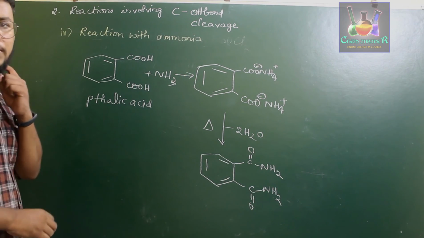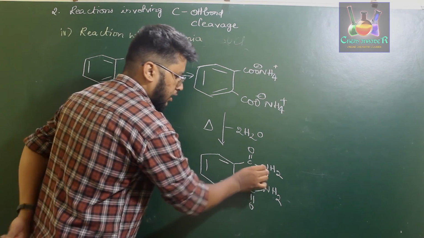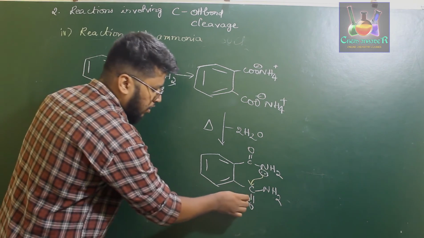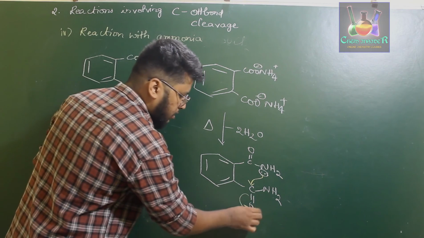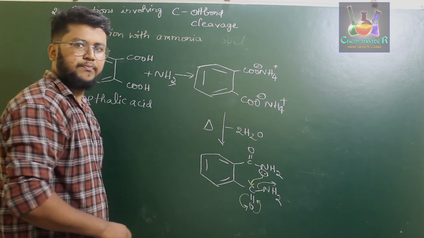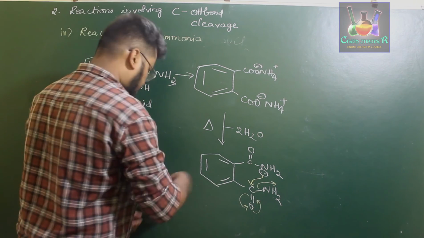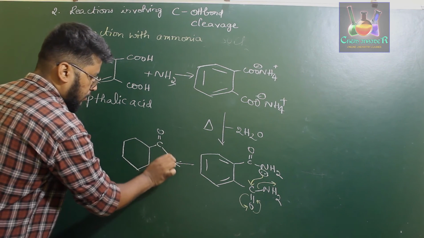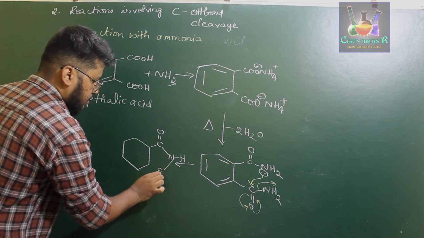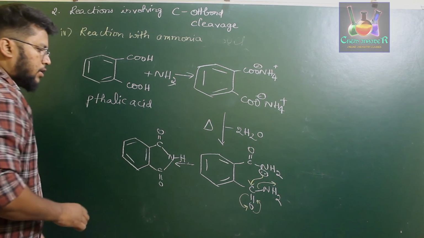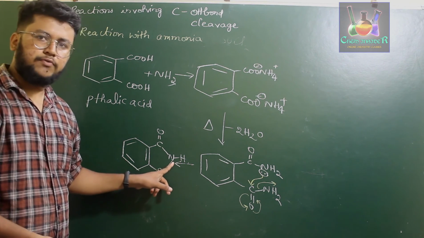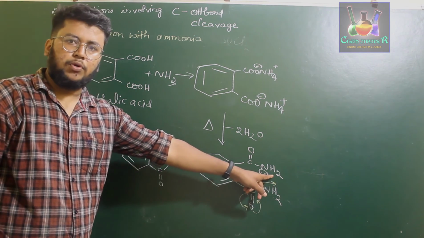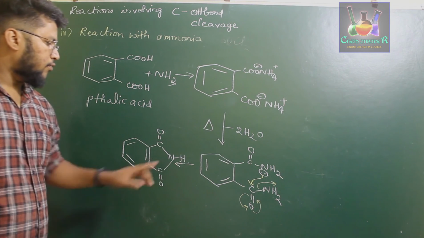Now what happens here is the lone pair of electrons on the nitrogen attacks the carbonyl carbon, which induces a negative charge on oxygen, which on resonance back towards the double bond loses a molecule of NH3. Once that has been lost, they form this type of molecule, C double bond O, NH, C double bond O. This particular compound has an imide group, where one of the nitrogens takes away a proton from the other amide group and forms an imide compound.